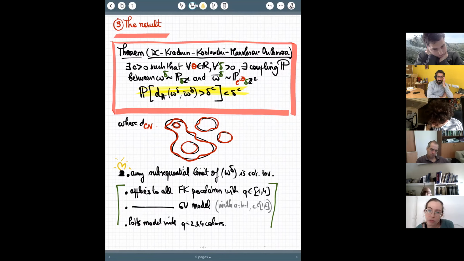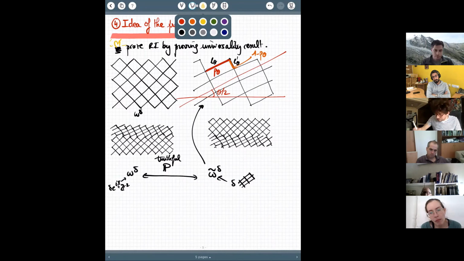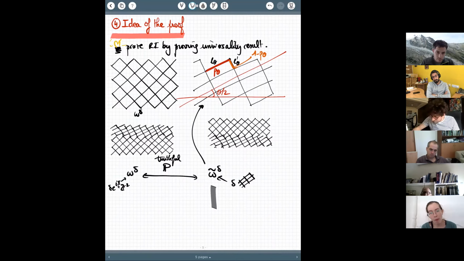So I'm going to couple in such a way that the loops in the two models are very close to each other. I'm not telling you yet how I find this coupling. This is going to be exactly the work to find this coupling P. But imagine I can find this coupling P. Then here,